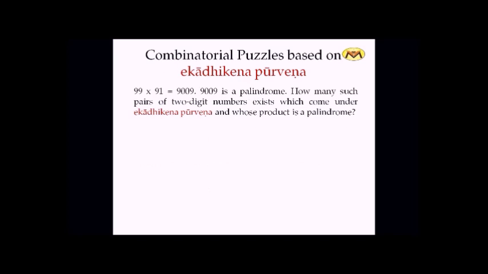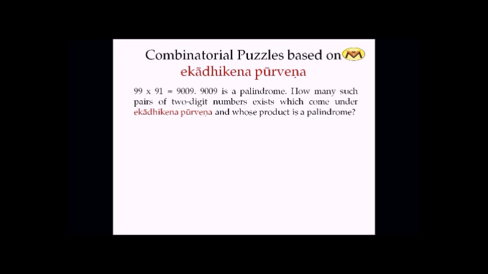This one is one of my favorites, that is 99 times 91 is 9009. So when we do multiplication, sometimes we come across palindromes, and it is always interesting to find how many such palindromes exist. How many 3-digit palindromes, how many 4-digit palindromes exist comes under combinatorics. Again, it can be a combinatorial question, but here we are talking about some specific calculations,